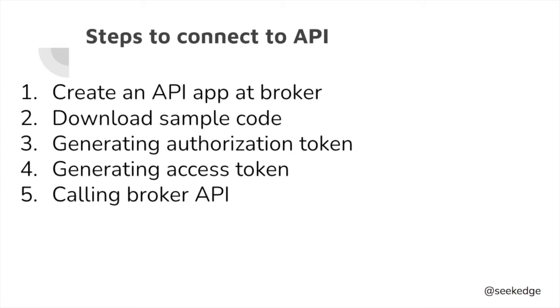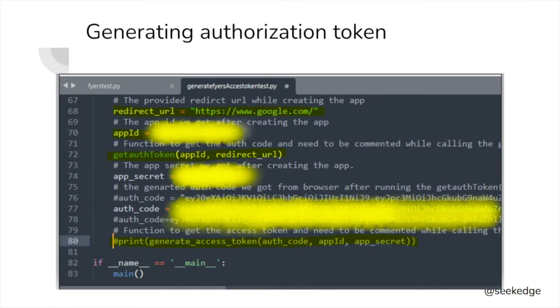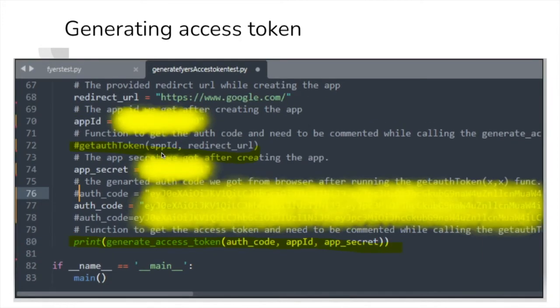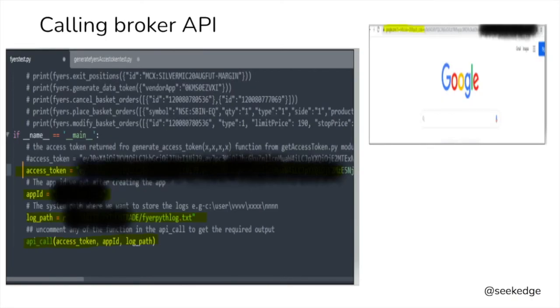So, a simple five steps: create the apps, download the code, modify the code in the Python editor after installing the required libraries for Python, build the code after commenting out the second function and calling the first function, and then commenting the first function and uncommenting the second function, right? That is to get the access code. The previous one was to get the authorization code, and put that second code that you get in the Google pop-up browser, the end portion, the entire code after auth_code, everything in the URL, the address bar, you copy